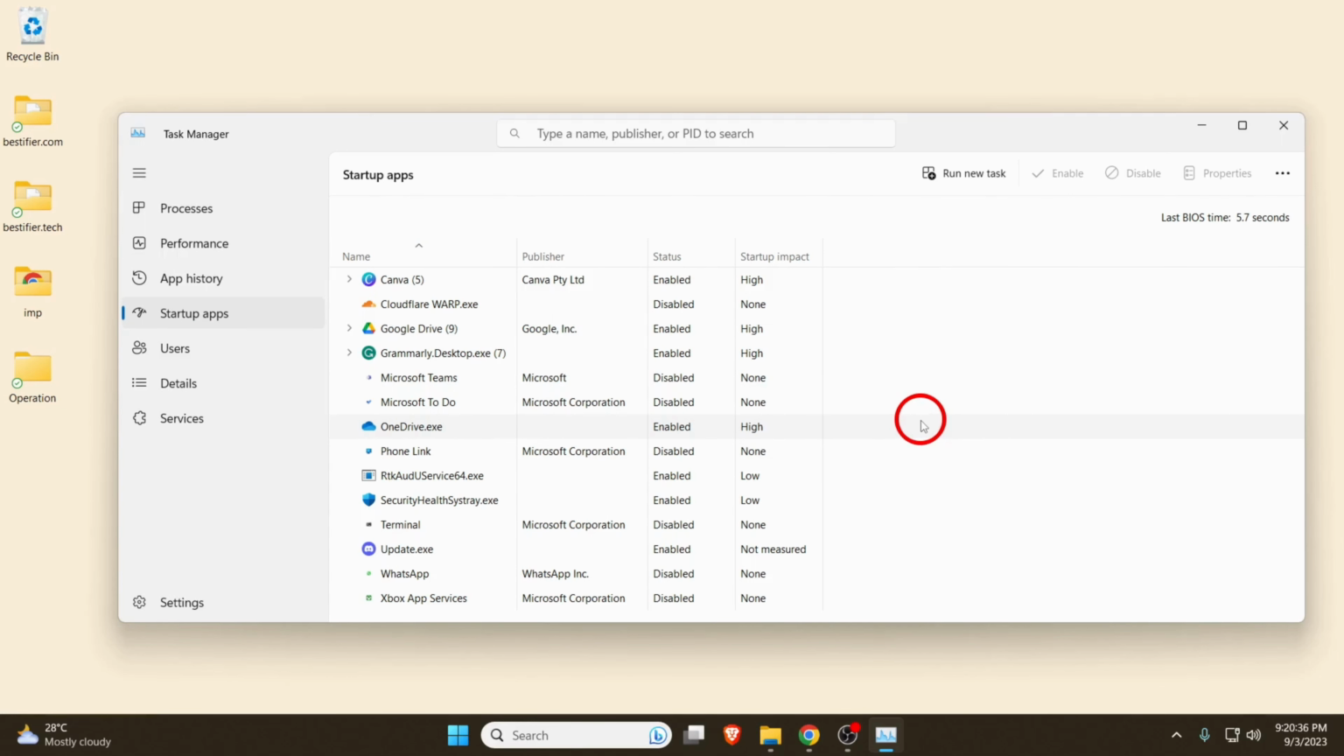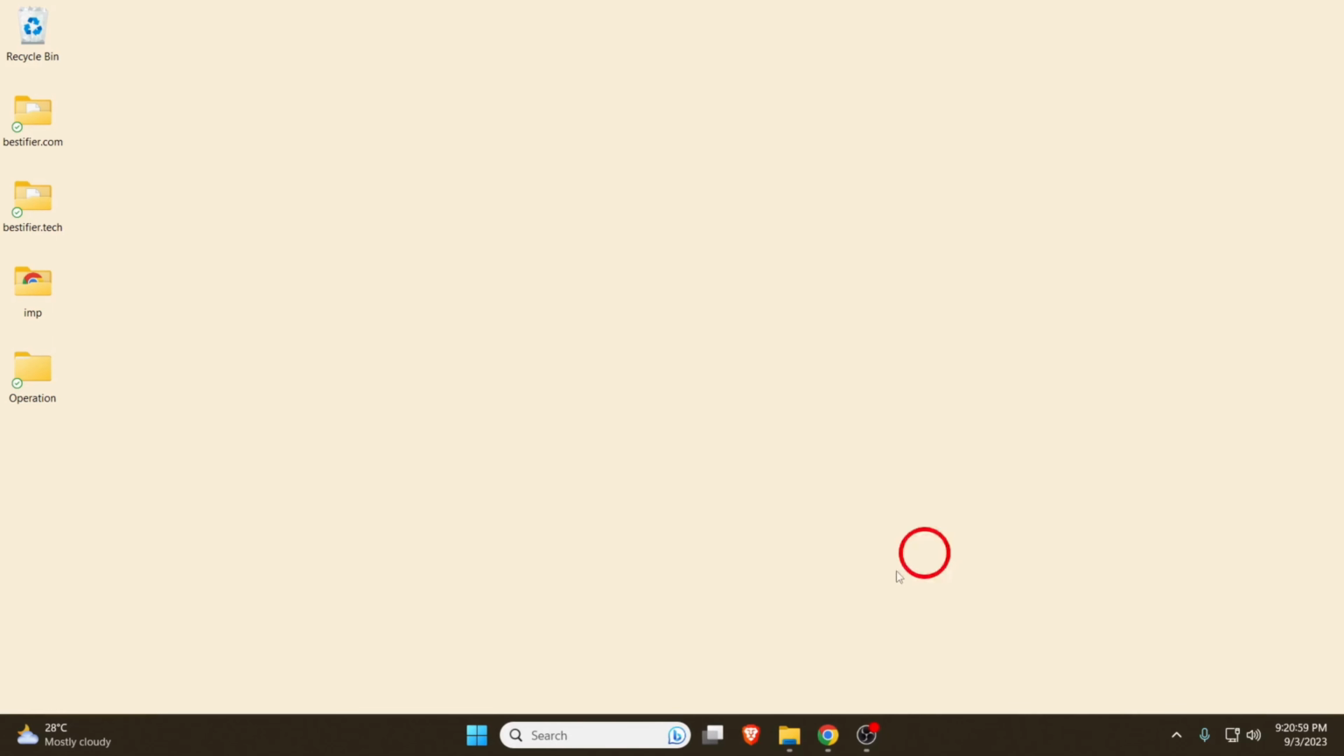I want to disable startup apps for Discord app. I'm gonna right click on it, click disable. The status of the Discord app is showing disabled. You can see here. Now close the window,